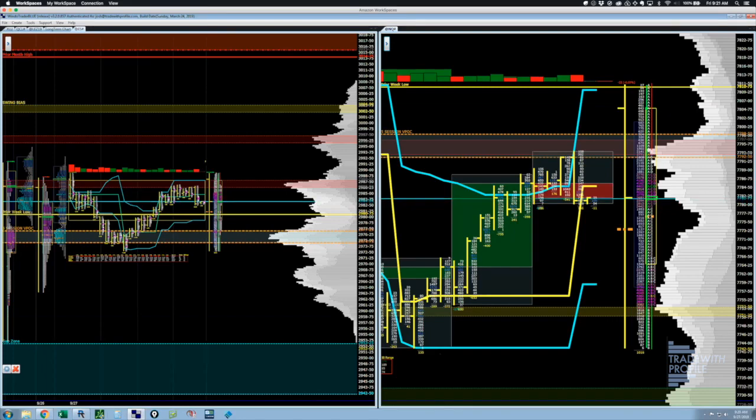Okay, so pullbacks like 85 offer opportunity to add more risk. Stops on everything above 96. Watch that order flow. It's weak on this pullback here. That's what we want to see. We want to see weak buying. Yeah, they're going to hit right into that volume right there at 83 and a quarter. That's going to be a tough one to get through. So, yeah, about 93.